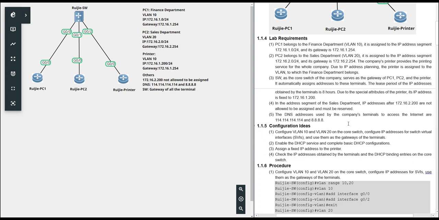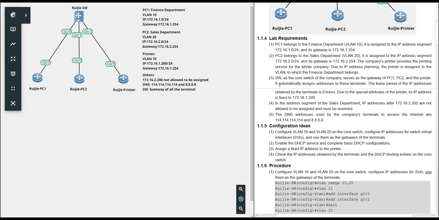So the printer also belongs to the same department as the finance department. So the VLAN will be VLAN 10, and the IP address we hope is fixed, like 172.16.1.200/24. The gateway address is the same as PC1. So this is the printer.